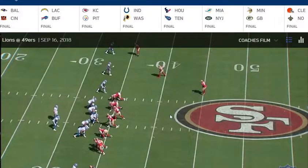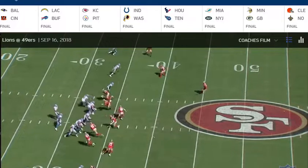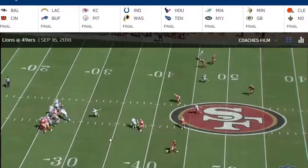Here, Detroit, they're coming out. They're going to run a mesh concept. They're going to run a receiver here across, and then they're going to run this guy across, and then they're going to do a couple double ends. And we end up covering everything deep. You can see we're in this same look. We end up covering everything deep pretty well, but I'll just let it run. You can see what ends up happening is